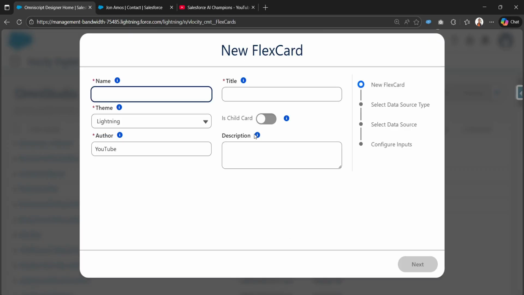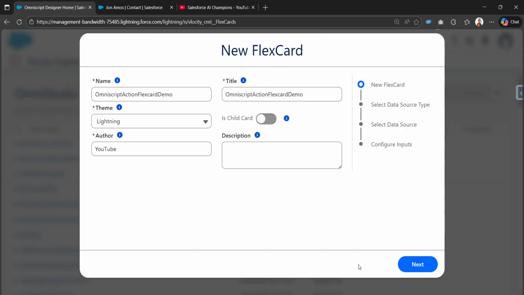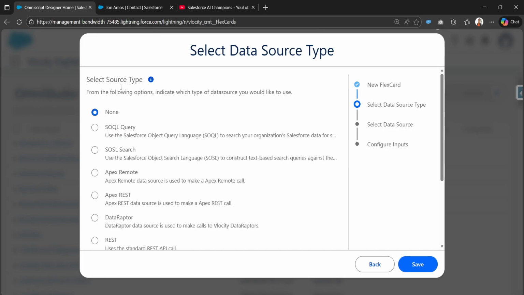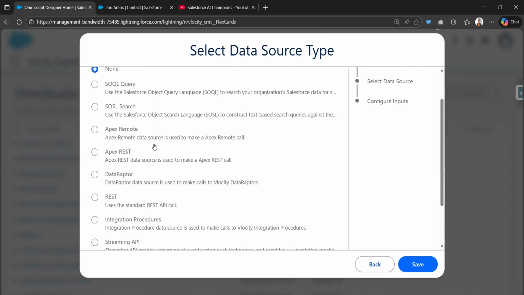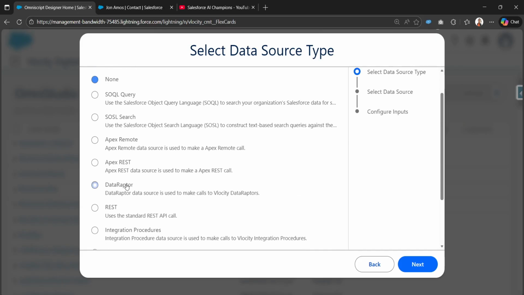I'll click on new, and I'll provide the FlexCard name as OmniScript Action FlexCard demo, and we are good to go. So select resource type. I'll be using an existing DataRaptor